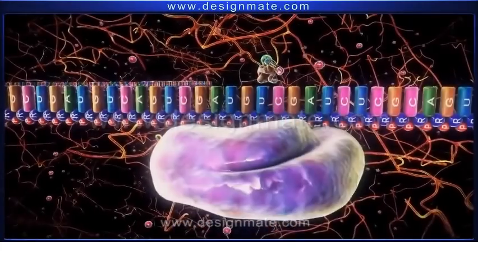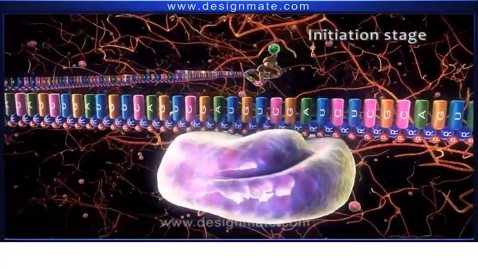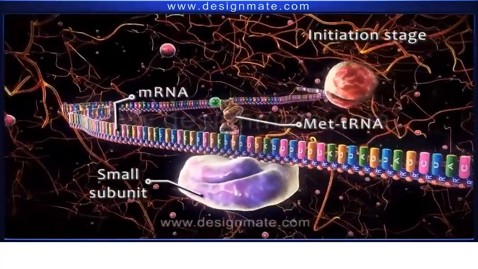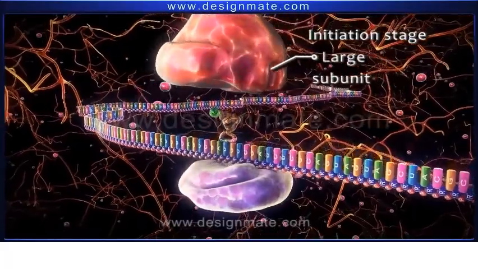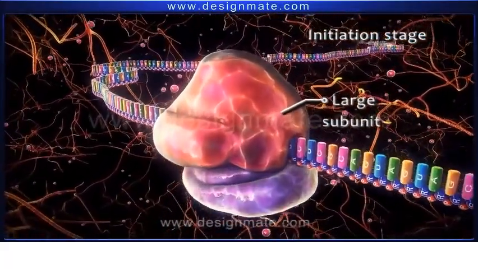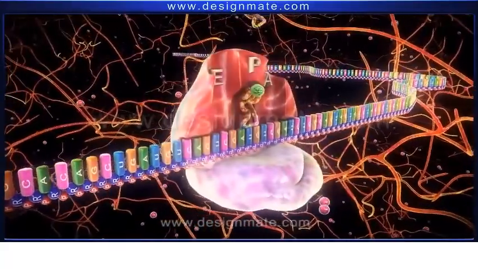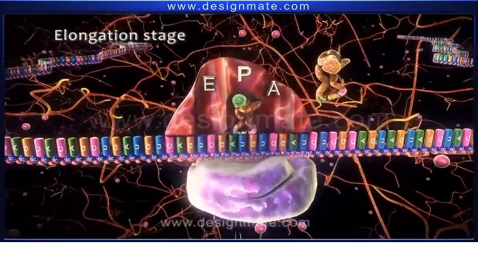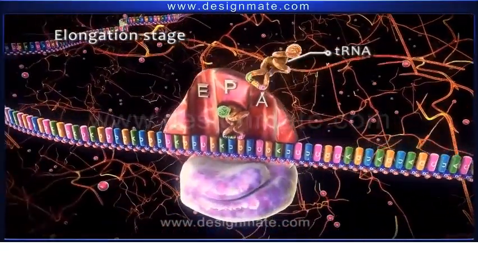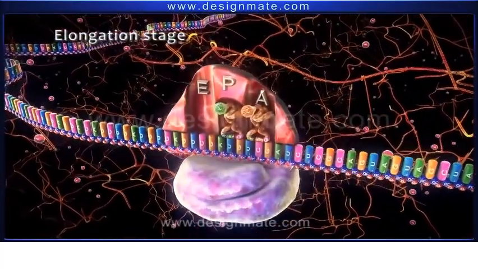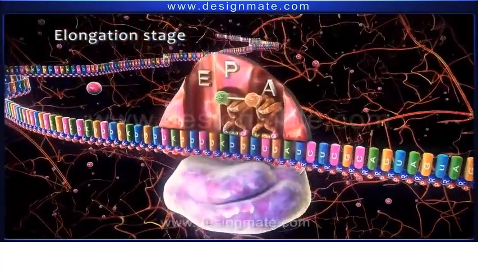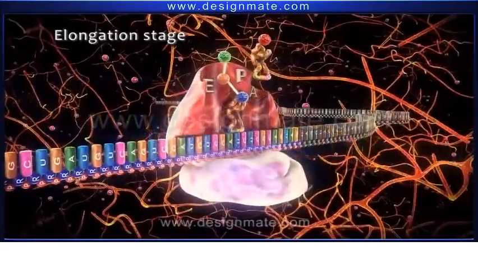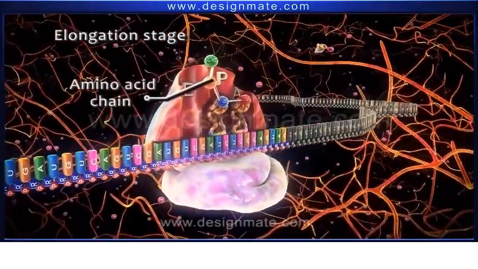Summary. Protein synthesis shows that the first stage involves the binding of met-tRNA to mRNA and the small subunit of the ribosome. The larger subunit of the ribosome then combines with the small subunit. The second stage is the elongation stage. In this stage, the incoming aminoacyl tRNA fits in the A site. Then a bond is formed between methionine and the amino acid on the tRNA. The process is repeated until a chain of amino acids is formed.